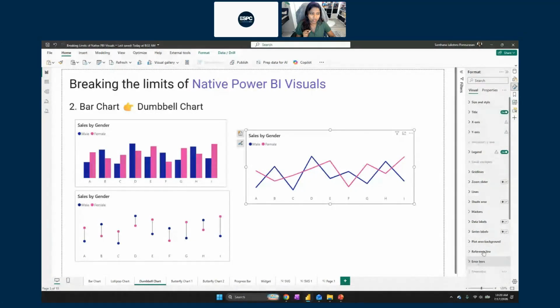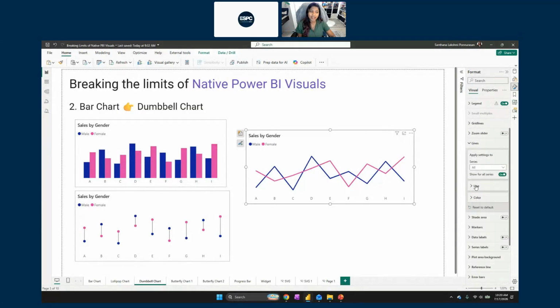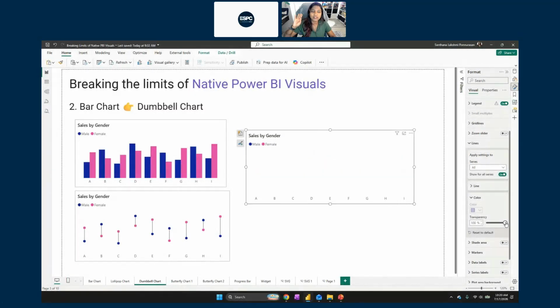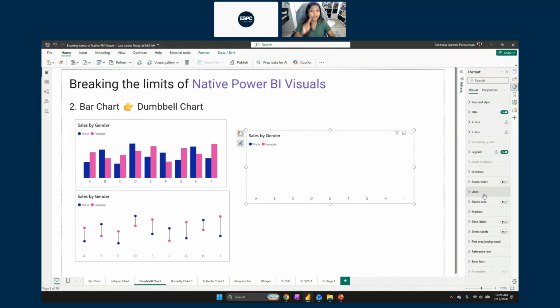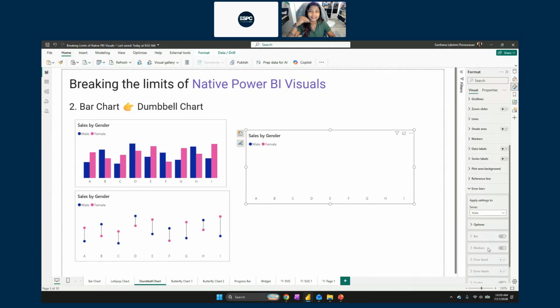So what I'm going to do is first get rid of the lines because I don't want to see the lines, so we do not see any zigzags. Now, Power BI does not have a feature where you can just switch the lines off, so what I do is just turn the transparency off. So there are two ways of how you could get rid of lines. Let's switch off the lines.